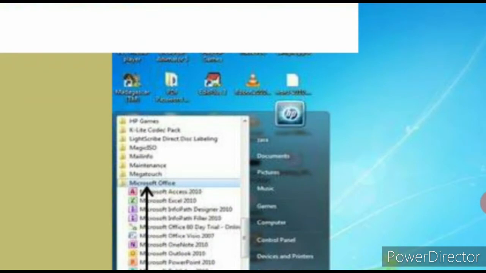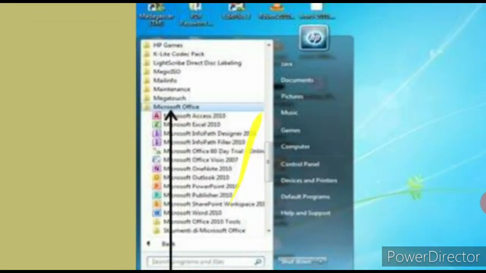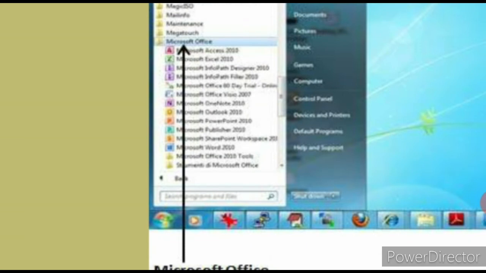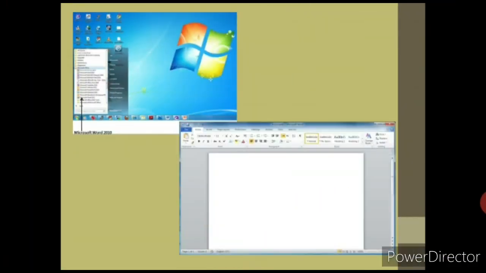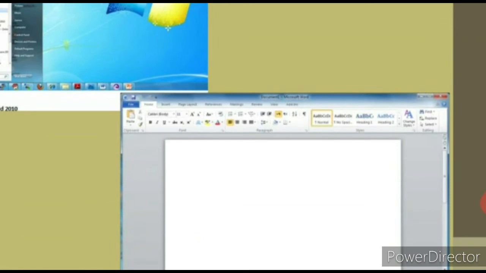Then click on it. When you click on the Microsoft Office option, all the tools of Microsoft Office will appear, and you just have to click on Microsoft Office Word 2010, right? When you click on Microsoft Office Word 2010, this screen will appear. This is the Word screen, right?